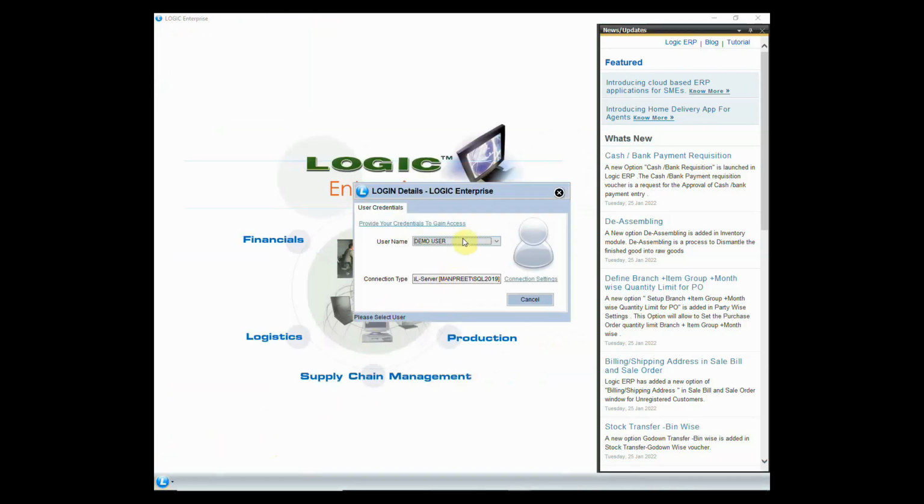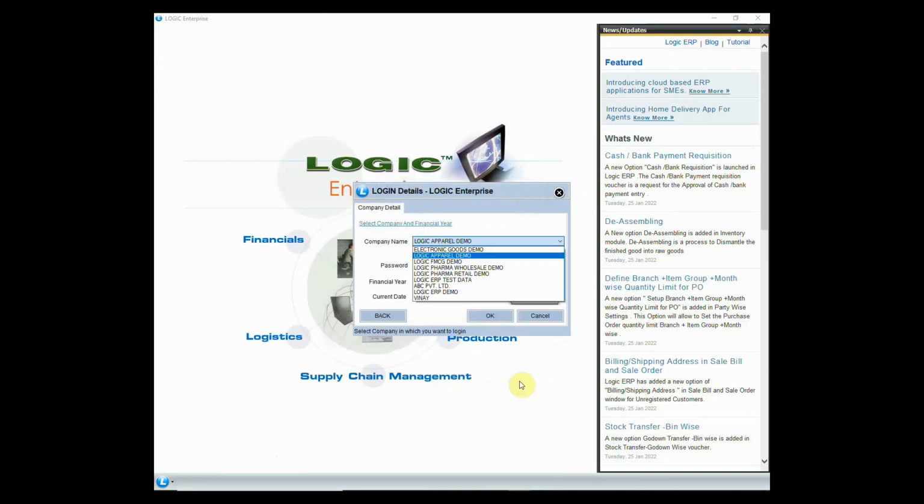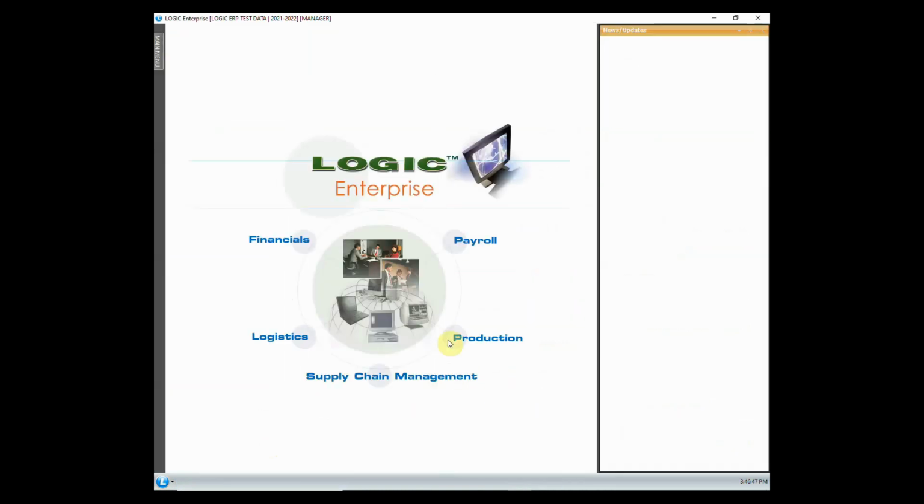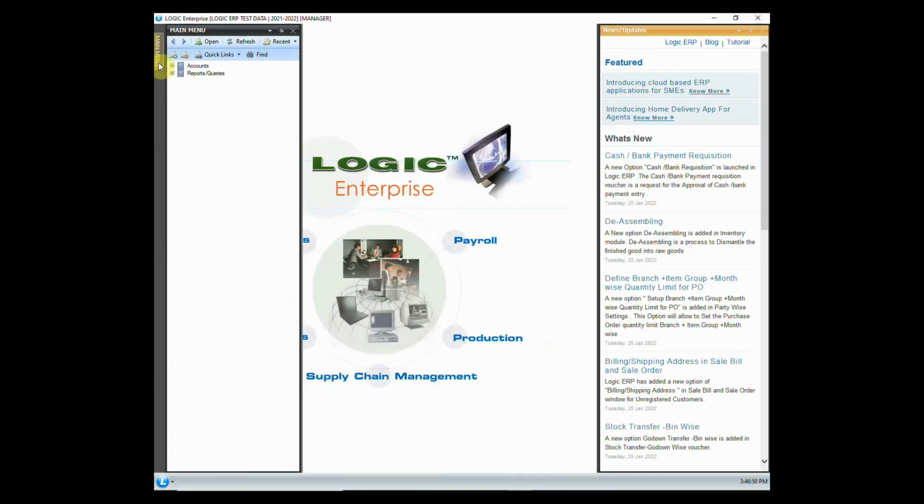Let us now log in through Manager User. Remember that we have assigned admin group to manager. In the main menu, you can see that only the enabled options are visible to this user.